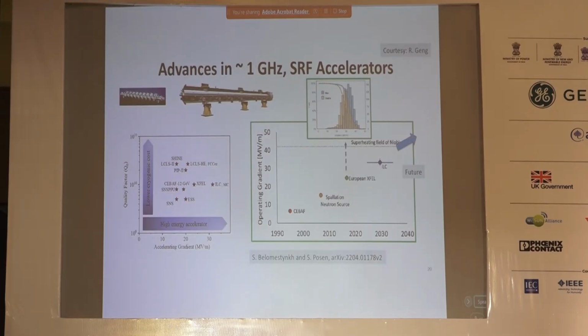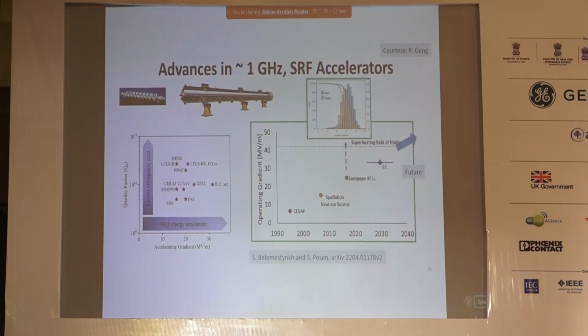If you look at the progress of the SRF accelerator technology and performance, the history started around 1990, and now we are at about 2020, 2030, and the gradient of the cavity has become more than 7 times higher. So this is a great progress realized. It means we can expect a future with more compact electron linac, superconducting linac, with much better energy efficiency for